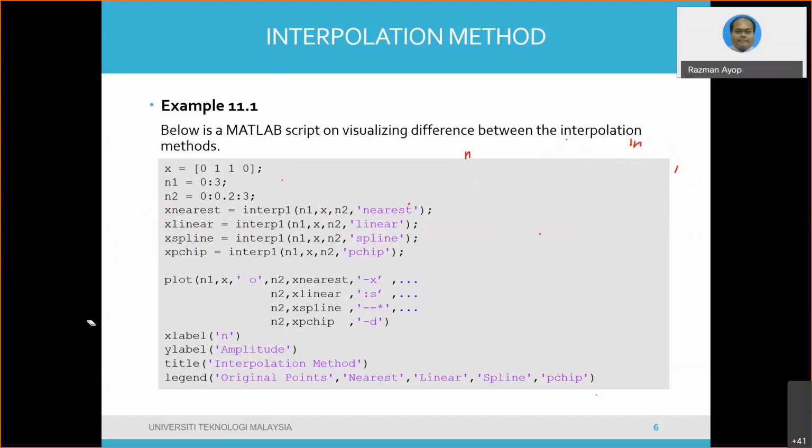So now you have already obtained the data. Basically, you want to plot this data: n1, x1, 0. So this is the original. And then you want to plot n2. So n2 is the input of the expected interpolation, remember this one, and this one is the output of the interpolation. So you plot this and this with a different type of